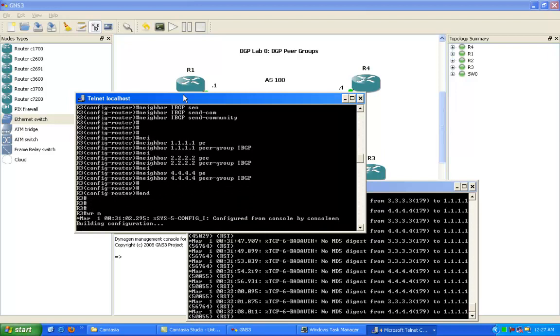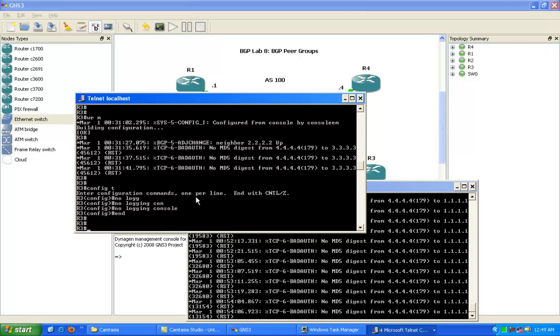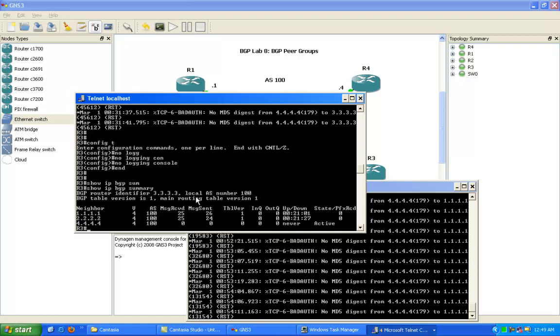And that should be it for router 3. Okay, so now that we have router 3 configured, if we just do a show IP BGP summary, as you can see here, now we're neighbors with router 1 and 2. So let's go to router 4